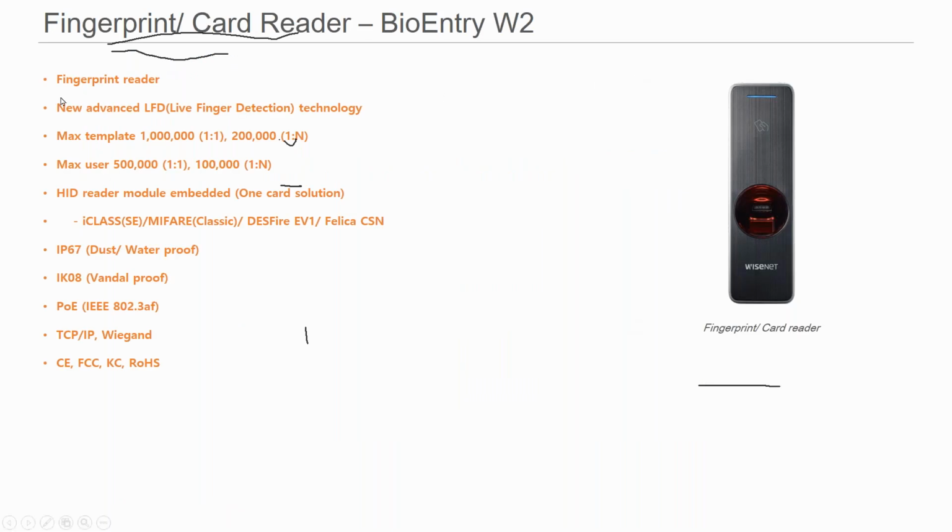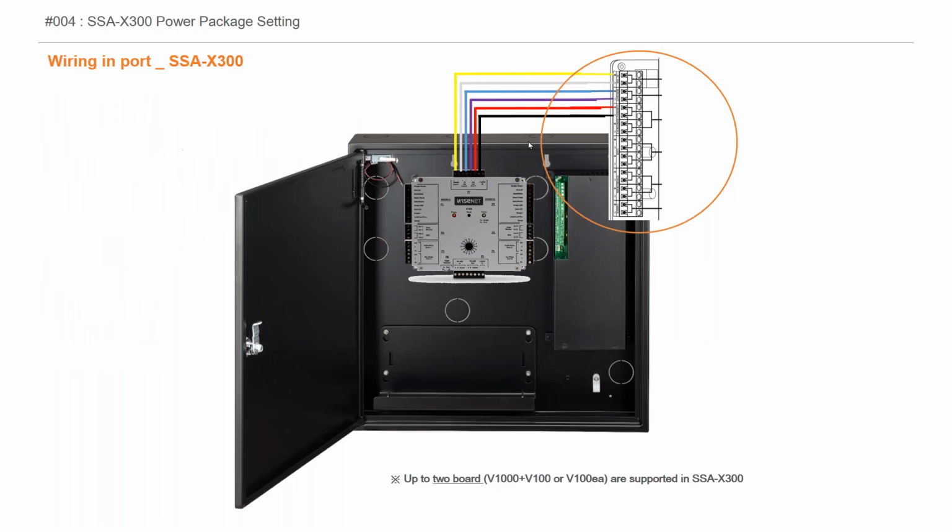Then we have fingerprint card readers. Fingerprint card readers are two technology. Card you can swipe, so it can detect the card directly, and you have fingerprint. Okay. Then we also supply enclosure box to put